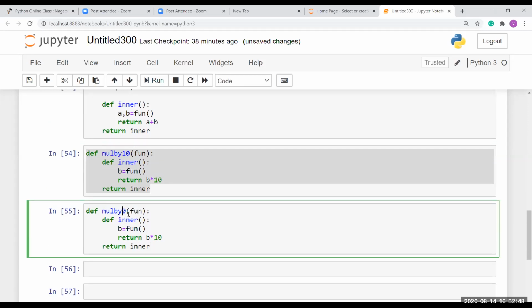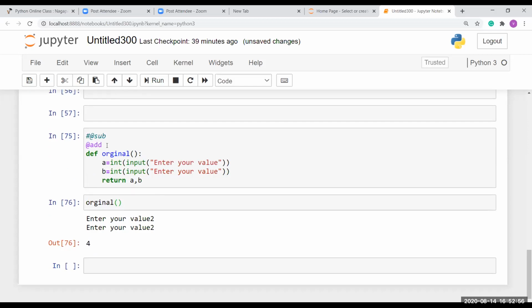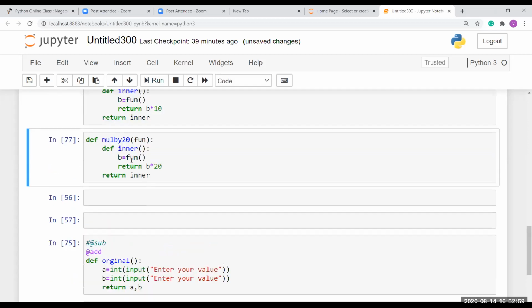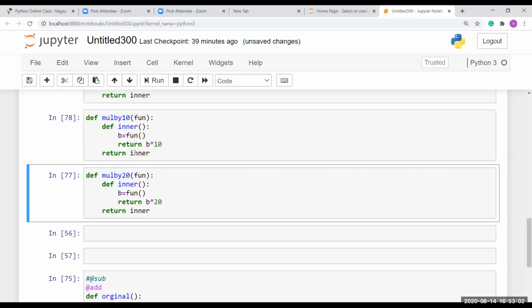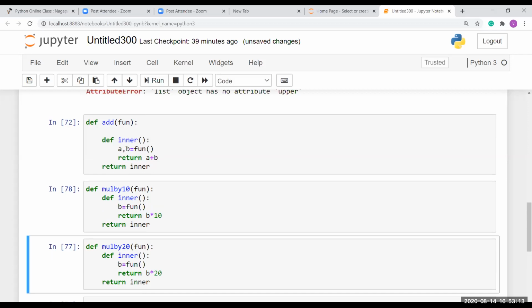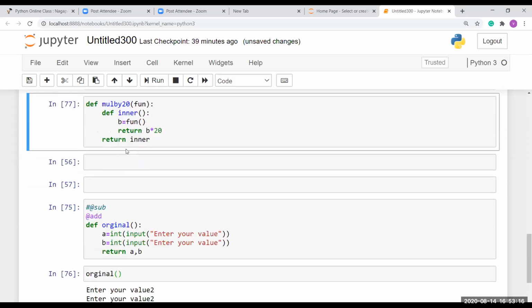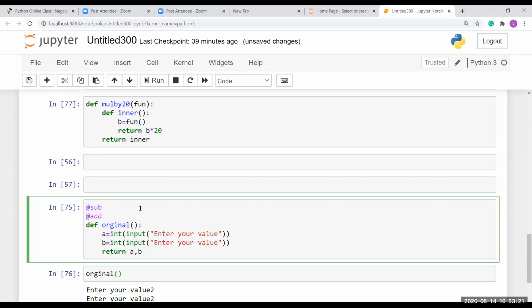So now we have three decorators, right? First you need to give add, because add has two parameters, and multiply by 20 and 10 have only one. So we don't give any unpacking there, we only give unpacking in your add function. So first you need to add, then you can use multiple by 20 or 10.